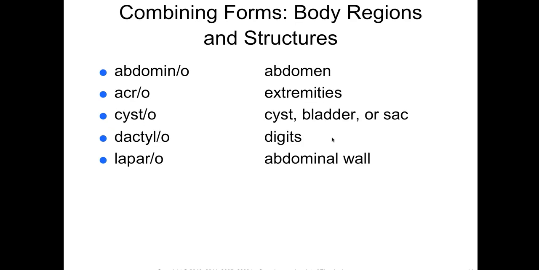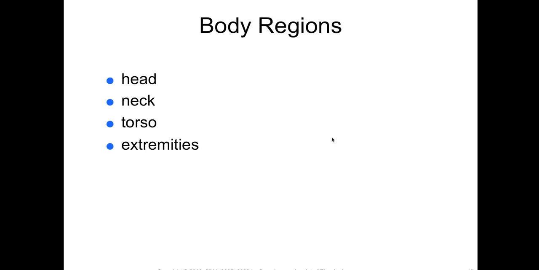And for our body regions, these should be pretty self-explanatory. I had an image here. I don't know why it's not showing up. But anyway, you have your head, and so that is going to be from the base of your skull up. Your neck would be where you have your cervical vertebrae,